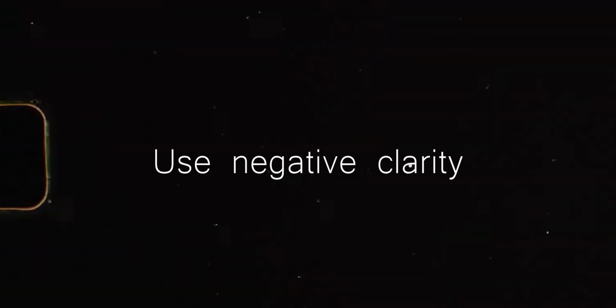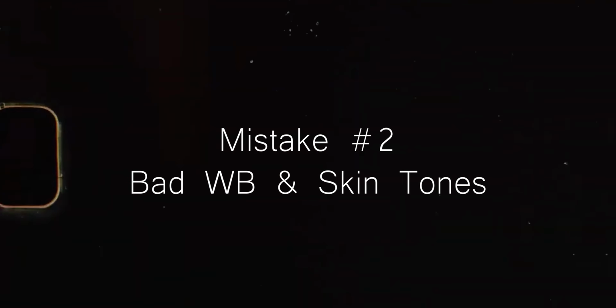So these are some of the fixes that I found, right? Using negative clarity instead of the positive. Use texture to add more detail. And if you do want to use positive clarity, don't go past 30. And even that might be a little too high. This was definitely one of the first things that I had to learn when I started editing professionally. So that was mistake number 1, right? Overdoing clarity and texture. So now I want to move on to mistake number 2, and that is bad white